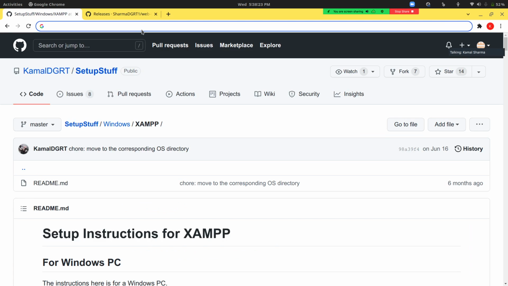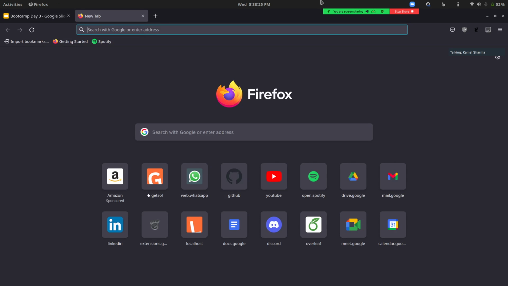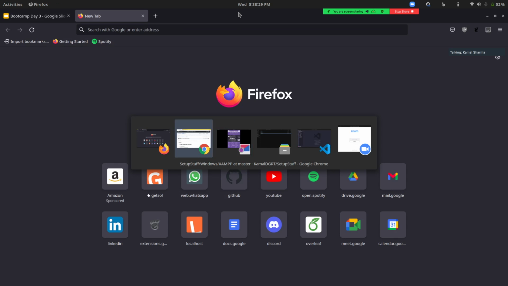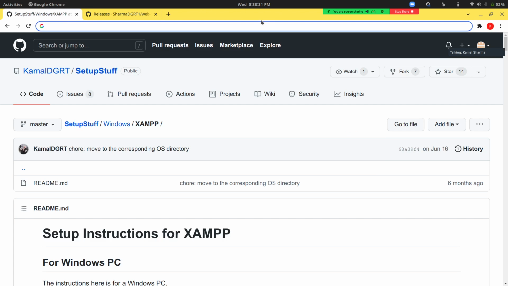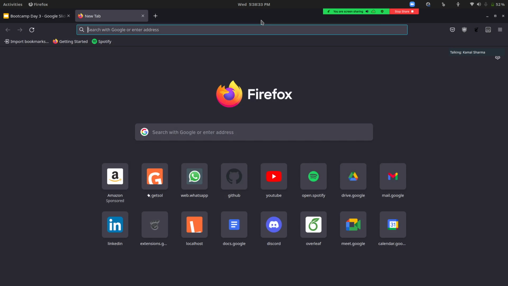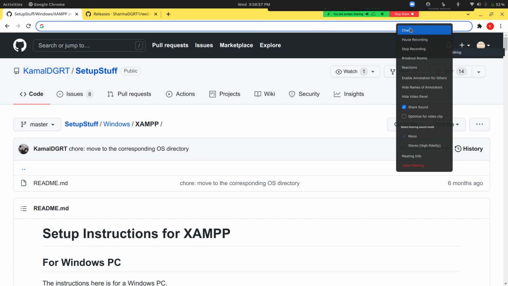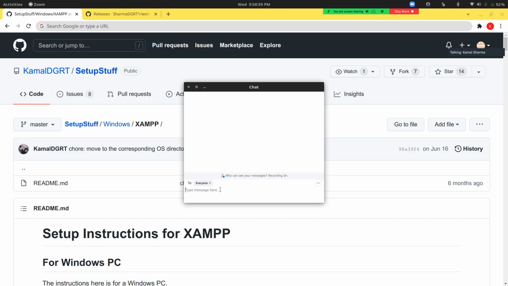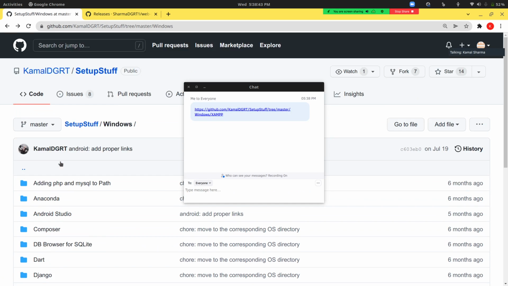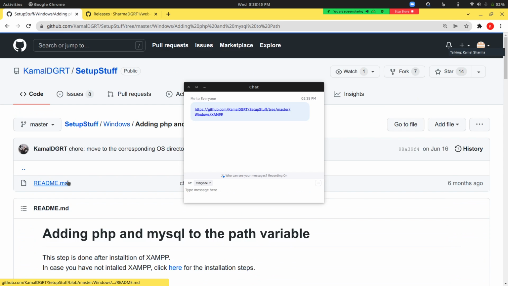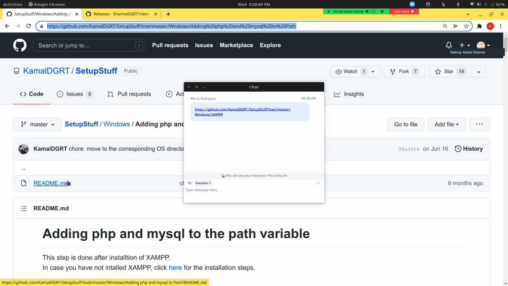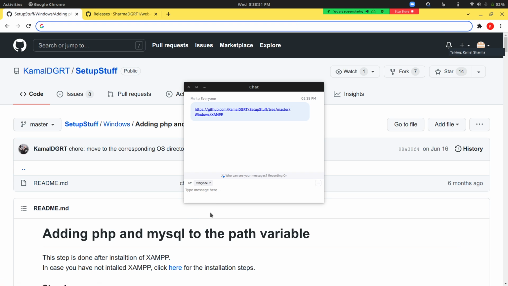You can install XAMPP in your system because we'll be using one of the components present in XAMPP that will allow us to create databases and work with them. If you have installed XAMPP, make sure to do this step also, as it will be helpful for you later. So I'll share this URL as well.